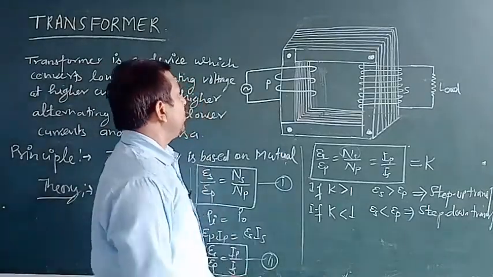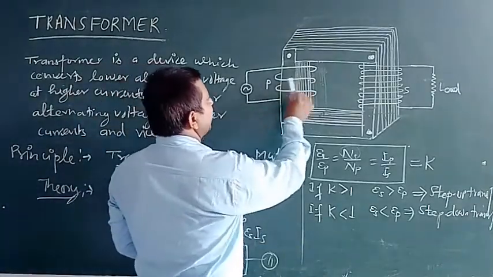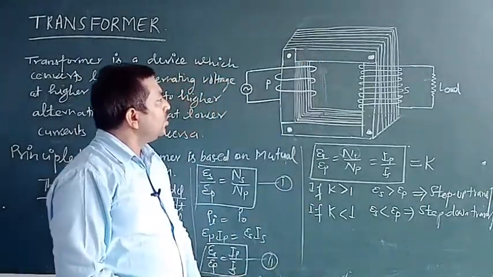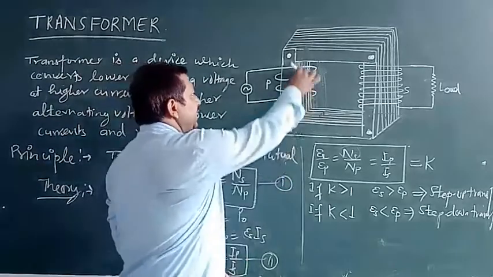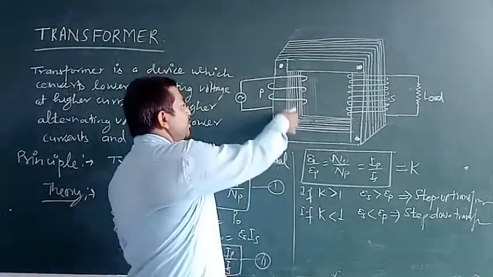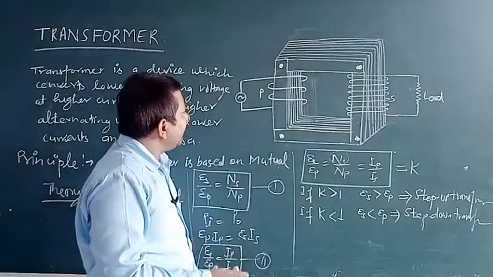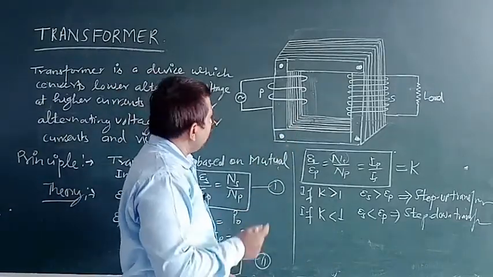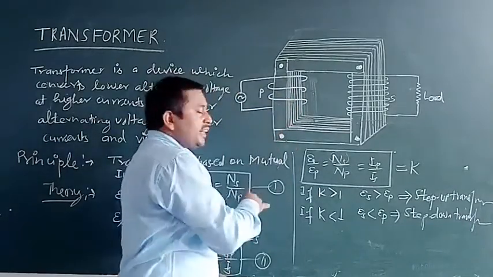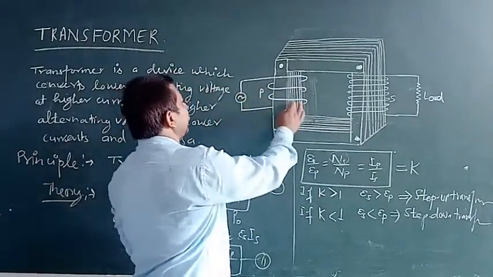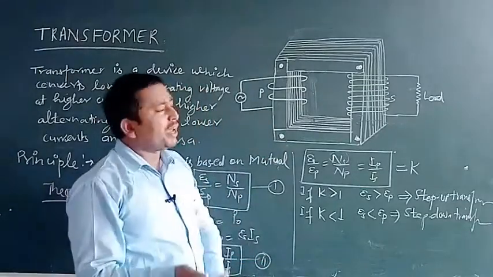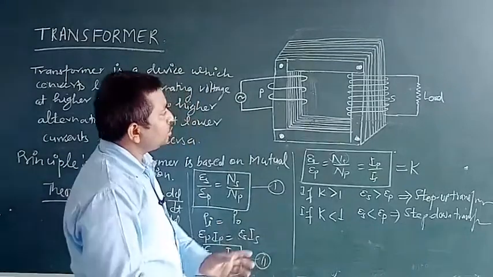Now the second type of loss is known as hysteresis loss. As you know, when a magnetic field is created inside this coil, the ferromagnetic substance, that is iron, gets magnetized at one time when current is flowing in one direction and demagnetized when current is flowing in the opposite direction. So due to hysteresis, it means due to magnetization and demagnetization, some energy is also lost.